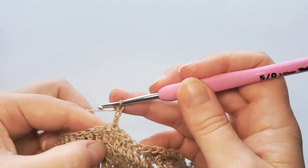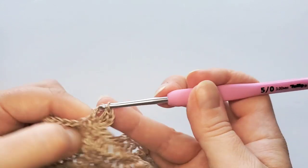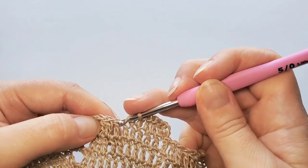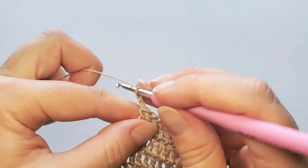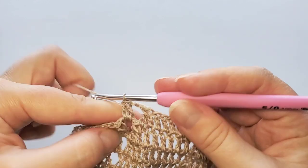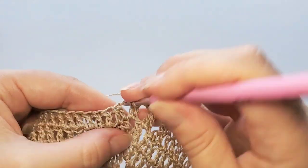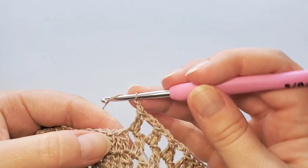Let's do round 12, 3 chains and double crochets, so 1, 2, 3, 4, 5 and 6 here, and then last 2 together, chain 2, 2 together in first chain space, chain 2, 2 together in second chain space, chain 2 and 2 together in third chain space, chain 2, 2